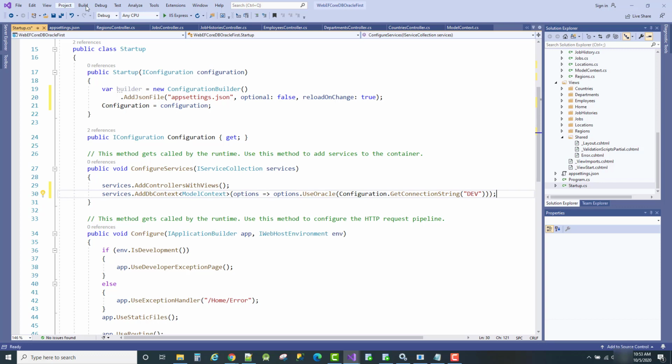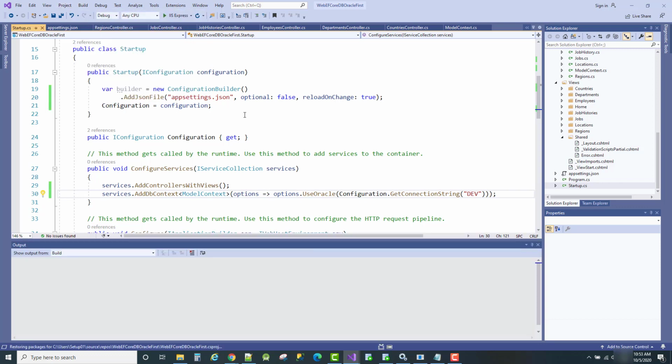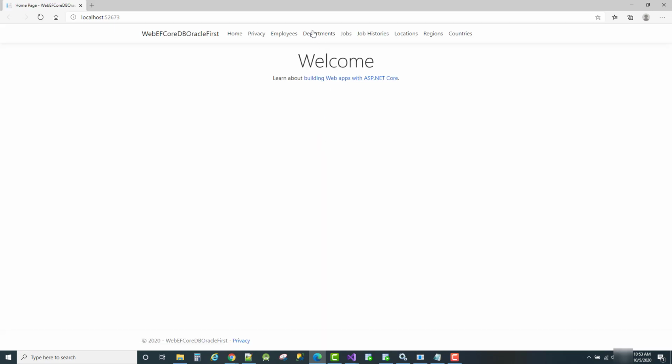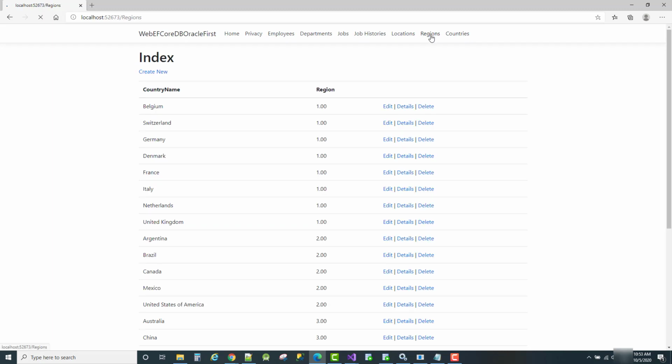Okay, so let's give it another rebuild. Okay, it was successful. Let's try to run it. I'm sure we're gonna have some errors, but we're gonna figure them out. Okay, they are in the menu. Let's see the countries, regions,